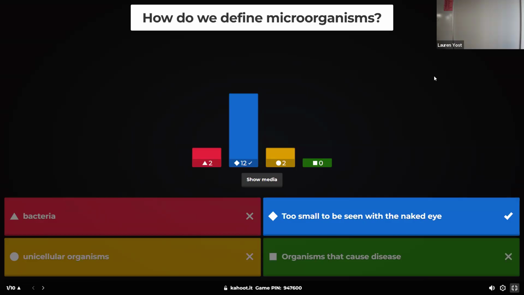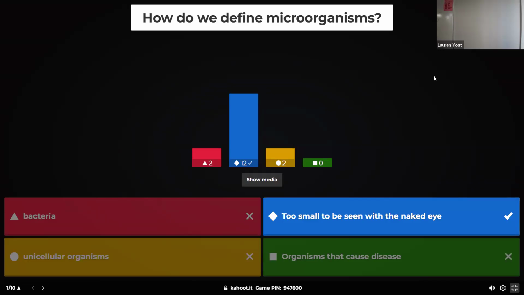Some parasitic worms we can see with the naked eye. We might call that macrobiology, but they are hiding inside of your body. As a physician or healthcare person looking at a pet or a person with a worm disease, you might not see the worms. You might not see them in their poop or anywhere on their body, but their signs and symptoms point to this. And so oftentimes when we're diagnosing those parasitic worm diseases, we're looking for the larvae or